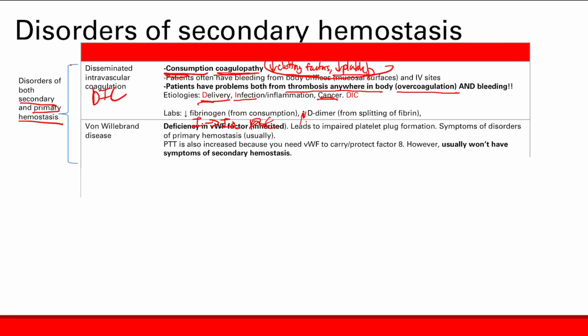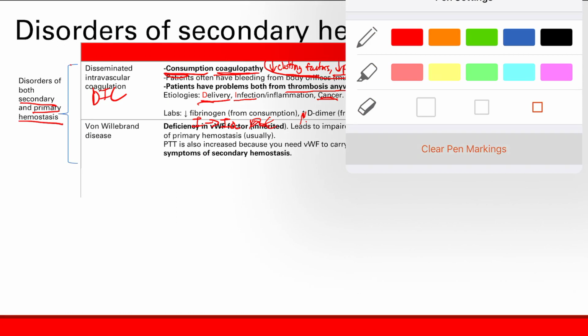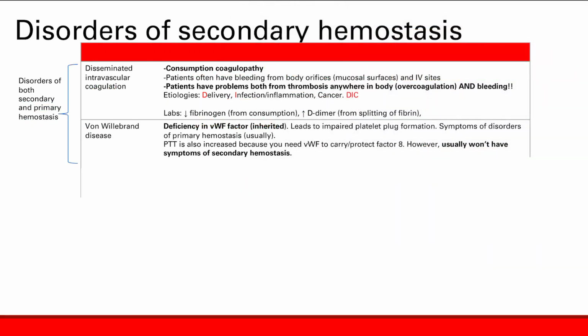There's a similar thing in von Willebrand factor disease. Let's clear these words. Von Willebrand factor disease is a deficiency in von Willebrand factor. It's inherited, and you get impaired platelet plug formation. So remember, what was the function of von Willebrand factor? What do we say? It binds to the subendothelial collagen. Platelets can come and bind to it. Which receptor do they use? They use the GP1B receptor to bind to von Willebrand factor, and this doesn't happen if you have a deficiency. So you get those primary hemostasis symptoms. What do we say were symptoms of primary hemostasis? Remember we said it was petechiae, and we get the minor bleeds, so minor skin and mucosal bleeds.